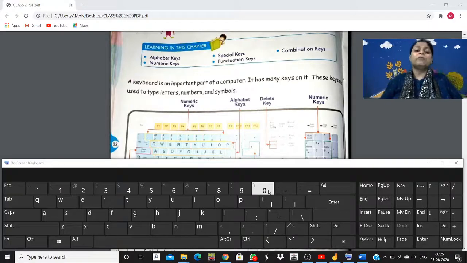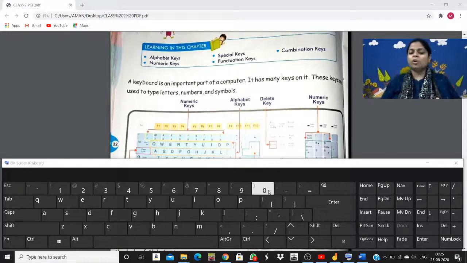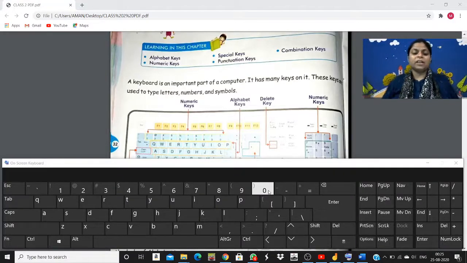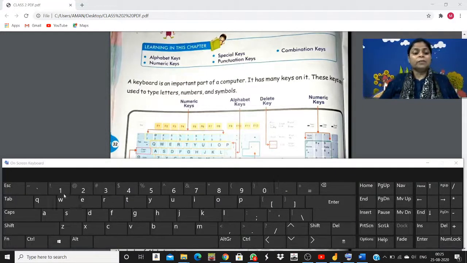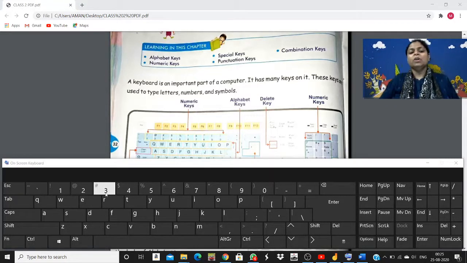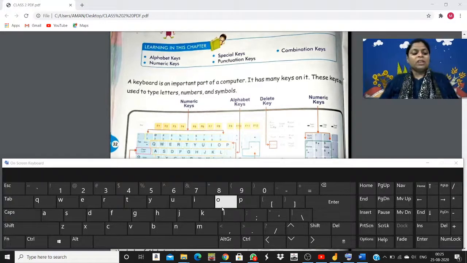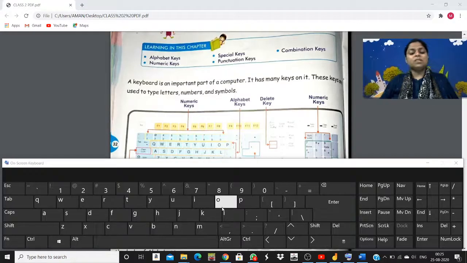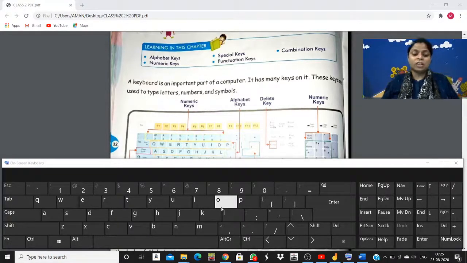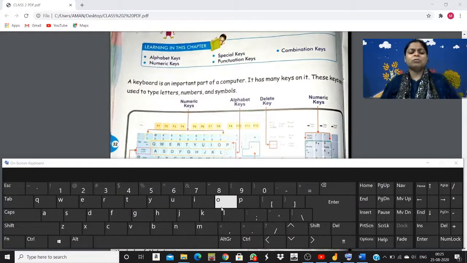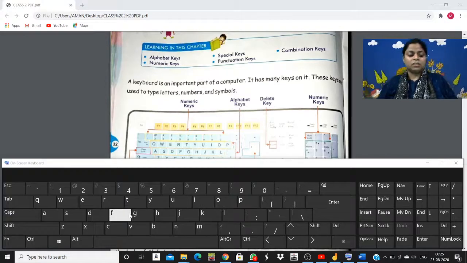See, the way alphabet keys are there, it is not in order. It is randomly kept as per some formula or some method at the back. But the number keys are not arranged that way. It is arranged in a proper way, like 1, then 2, then 3 and 4 and 5 and so on. Okay. We can type your age, your roll number, your house number, anything you can type using these number keys, right?